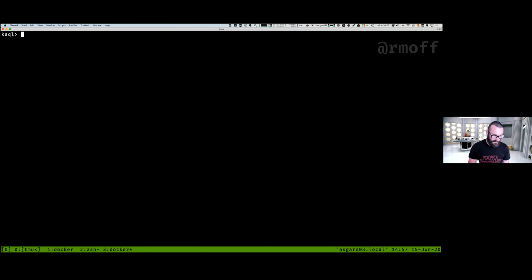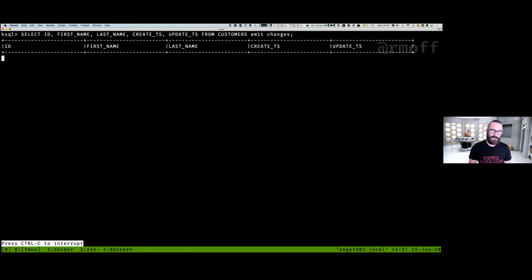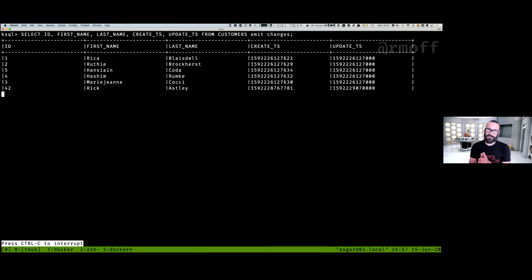And I'm going to say select this stuff from customers, emit changes, which I'll explain in just a moment. And it says here is the current state for all of the keys in ksqlDB, which is backed by a Kafka topic. So let's take this Kafka topic and apply a schema to that particular topic. So here's ID 1, our particular key. Here is the state for that key. Here's our ID 42. Here is the state for that key.